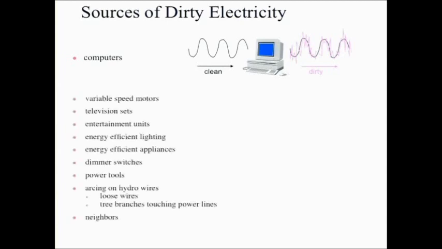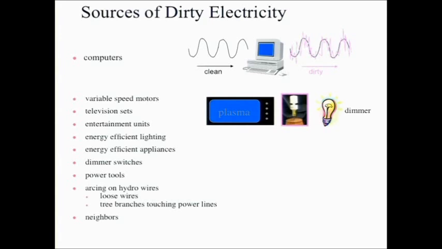And there's a number of things in your home that will generate this. Any kind of variable speed motor, television sets, particularly plasma television, energy efficient light bulbs, the one that we're all going to be mandated to use, are generating a huge amount of dirty electricity, and I'll share some of this with you in a few minutes. Dimmer switches are notoriously bad for them. As you dim the light switch, as you begin to turn it down, that chops the sine wave, and every time there's a chopping action, it puts a spike on the line.